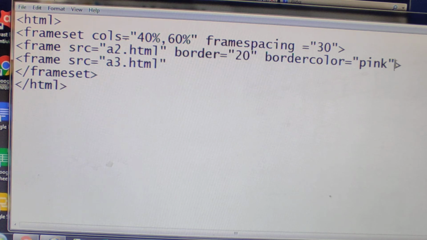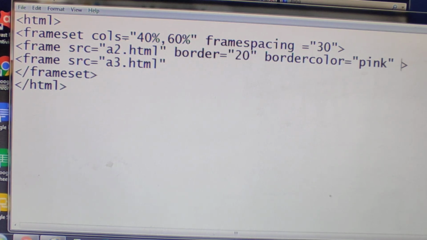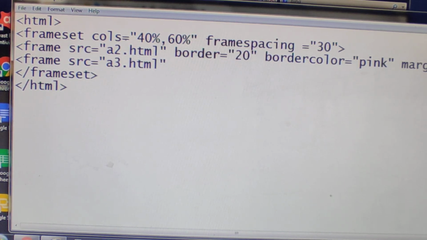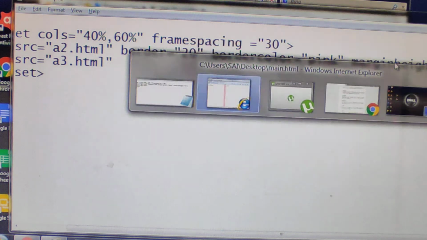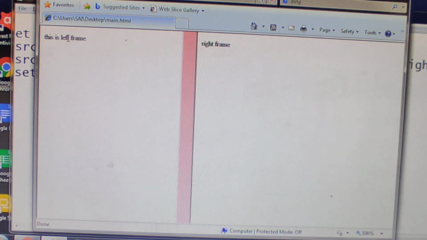Now you can see margin height. I'm changing it. Okay. Margin height equals to, for example, 25. Basically the text is here, no?